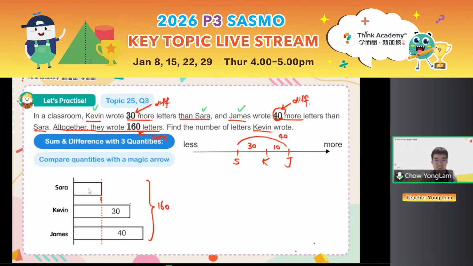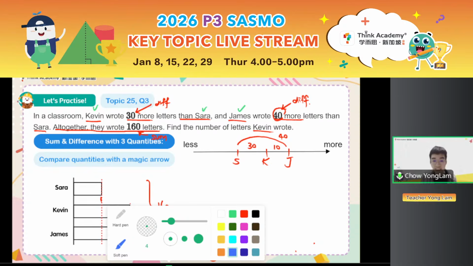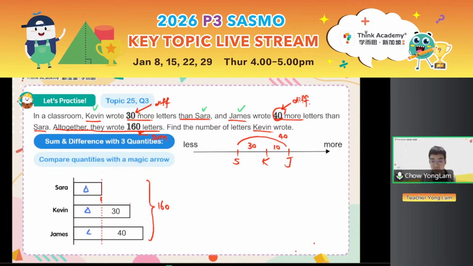Okay, so look at these three parts, right? These three parts that I draw with triangles. Maybe I should change to a different color, right? Look at these three parts with triangles. Actually, after you cut off the difference line at here, the three bars or three parts on the left, they represent the same number. So let's first pick off all the extra parts, right? And find out how much is one of these triangles, right? So we have to kick off the extra part, remove the 30, also remove the 40, right?